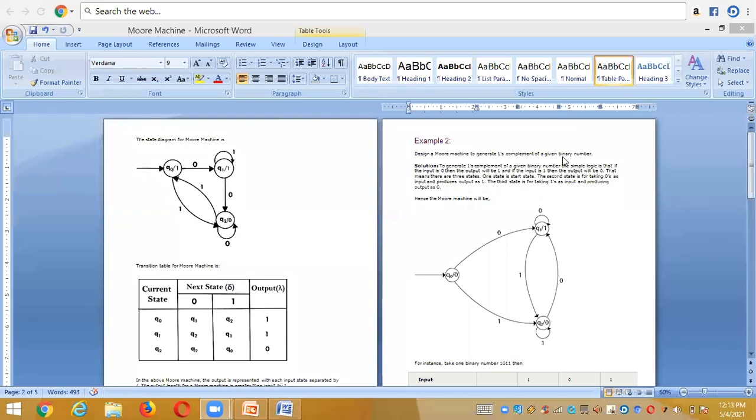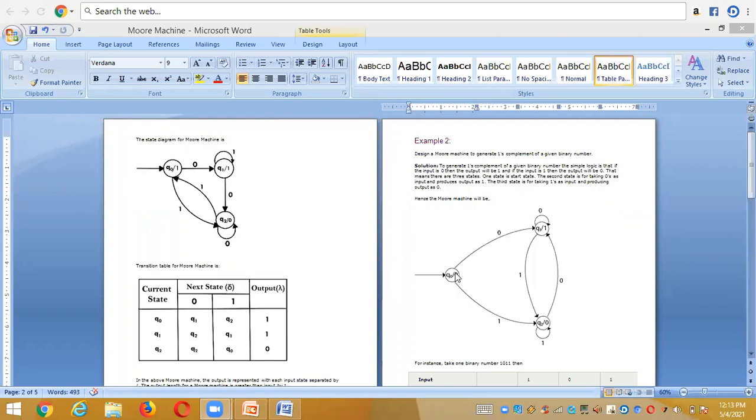And what we need to generate here is always a one's complement, right? Keep that condition aside. First you need to know how to take the output alphabets, now that I have the input alphabets. Whenever we represent an output symbol at the state, it is considered an output alphabet.